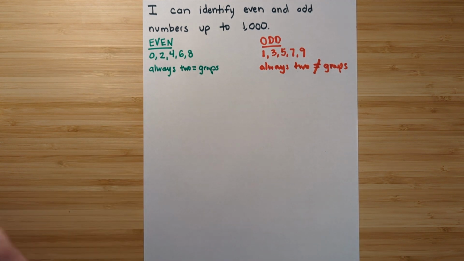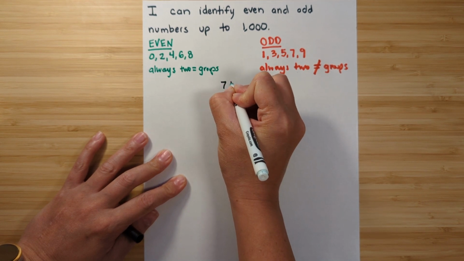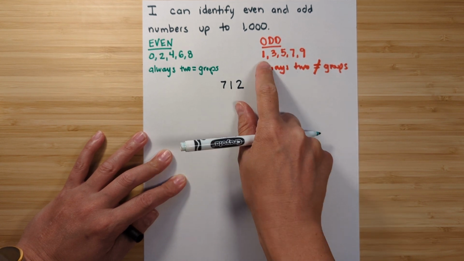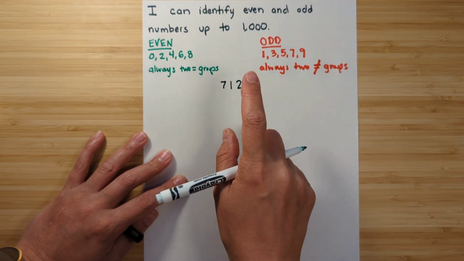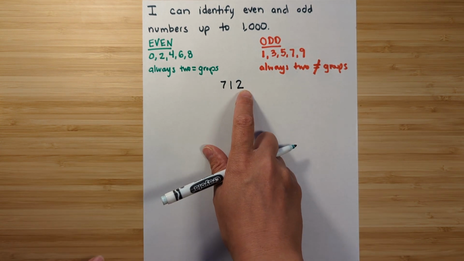And before we start looking at some example numbers, I just want to mention one thing. Let's say we have the number 712. Okay, 7 is an odd number. 1 is an odd number. Wow, this must be an odd number. No, 2 is the only place value we're looking at when we're looking at odd and even numbers because it's